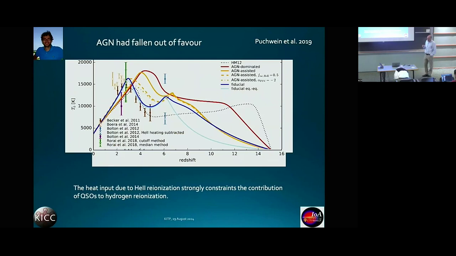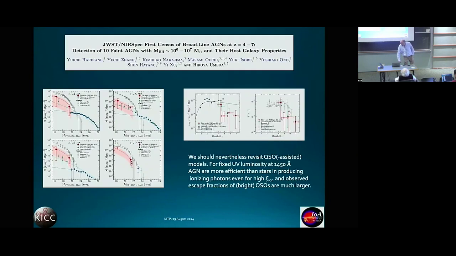We can meanwhile use these Lyman-alpha forest spectra to measure the temperature of the IGM quite well. So this is an old plot here. This has improved quite a bit since. And if QSOs ionize, they easily ionize the helium, which is responsible for the second bump here. So models with QSOs struggle with this. And we will later have a talk by a graduate student of mine, Shikha Asthana, who looks a little bit at how much of that you can have.